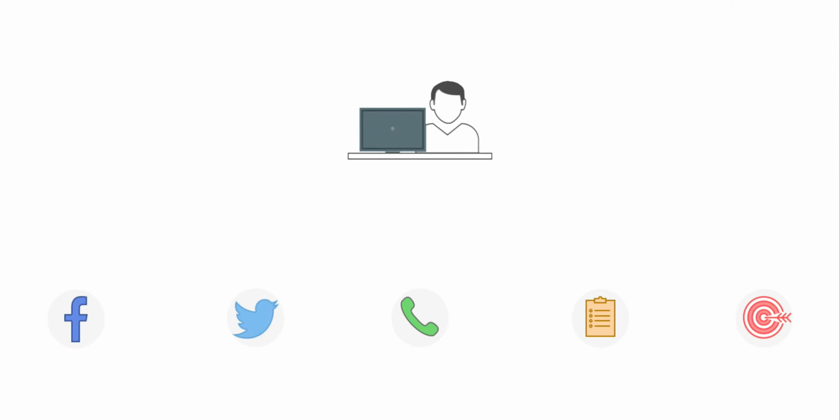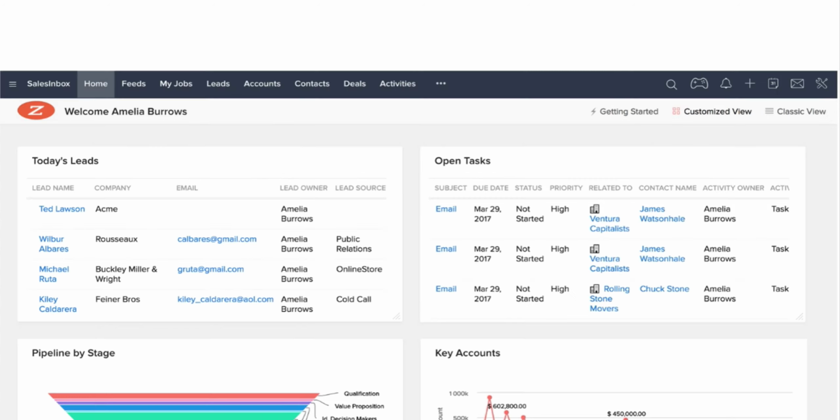Now, monitoring all your customer interactions through various channels is a difficult task. To make this process simpler and to avoid switching between multiple tools, we have introduced a distinctive feature called Sales Signals. Sales Signals in Zoho CRM keeps you informed about your customer interactions in real time across multiple channels.